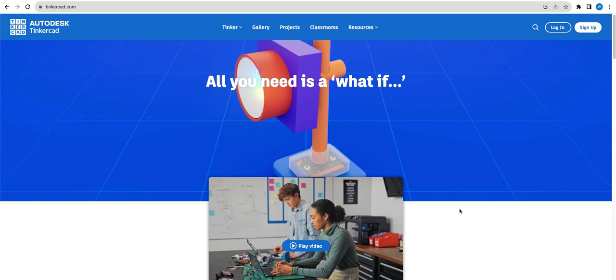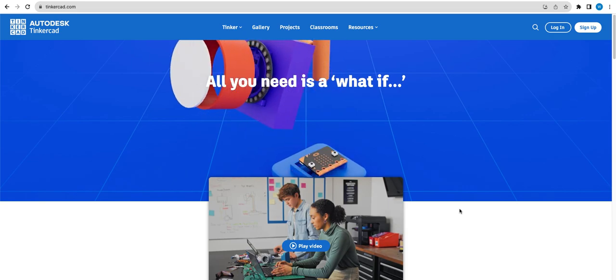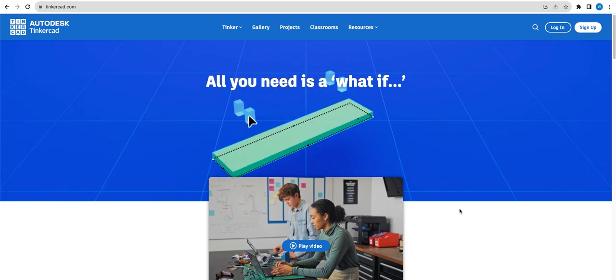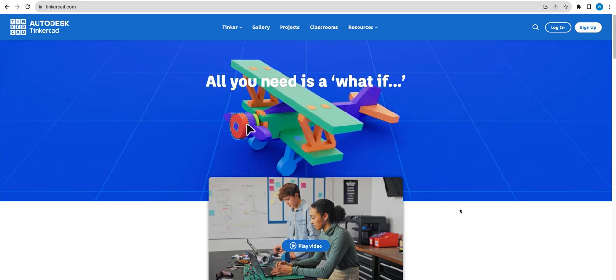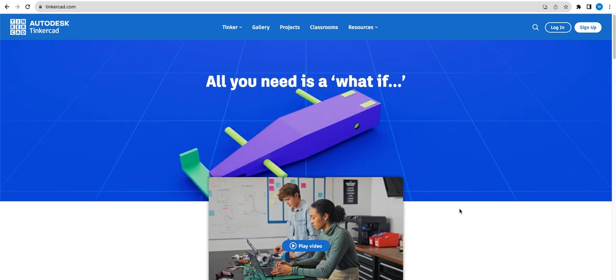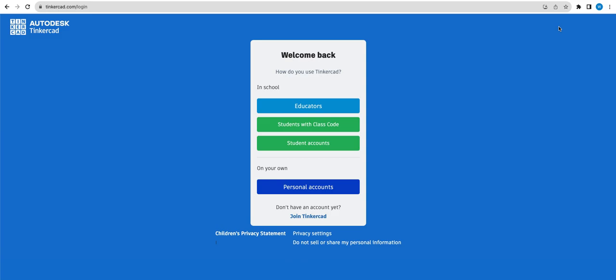Using Tinkercad, you will be exploring three sections, which are 3D block construction for drawing 3D objects, circuits, and code block. As an educator, you have two options to help students log into this online platform. When you go to log in, you can ask your students to create their own accounts, or they can log into a classroom